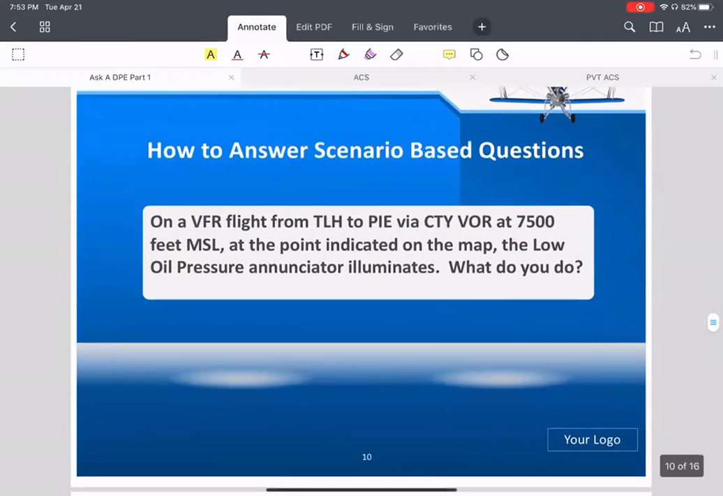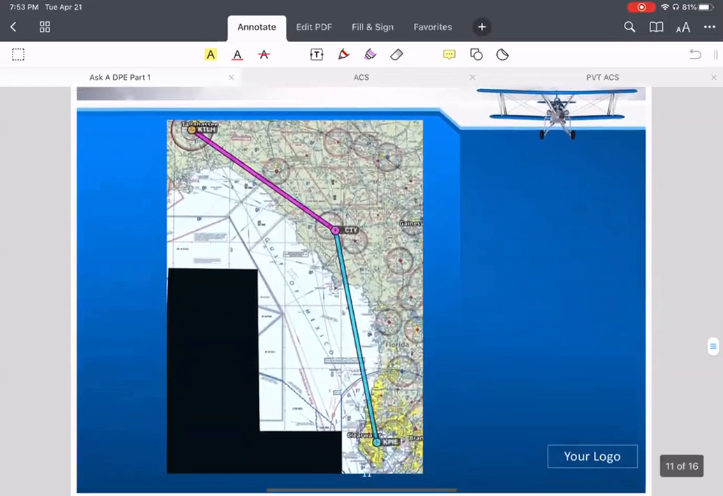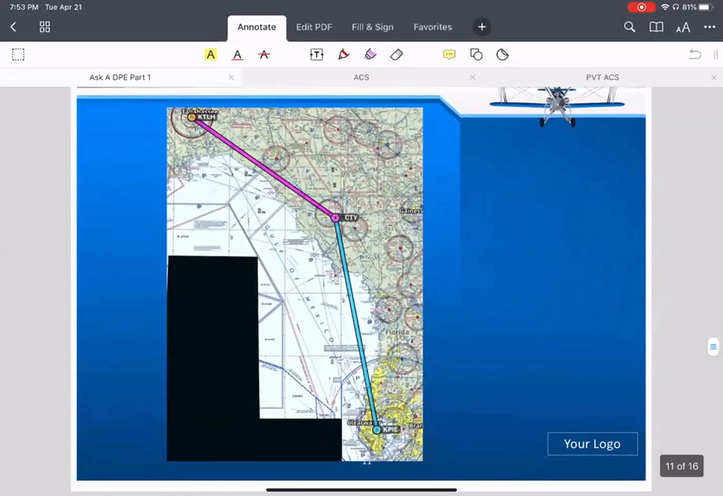All right, 2 more rather large scenario questions. This one, we're on a VFR flight from Tallahassee to PIE, so that's St. Pete, Clearwater, via the CTY VOR, Cross City VOR, and we're at 7,500 feet MSL. At the point indicated on the map, which I'll show you in a minute, the low oil pressure annunciator illuminates. What do you do? So there's our route over the Cross City, and then from Cross City down to PIE,